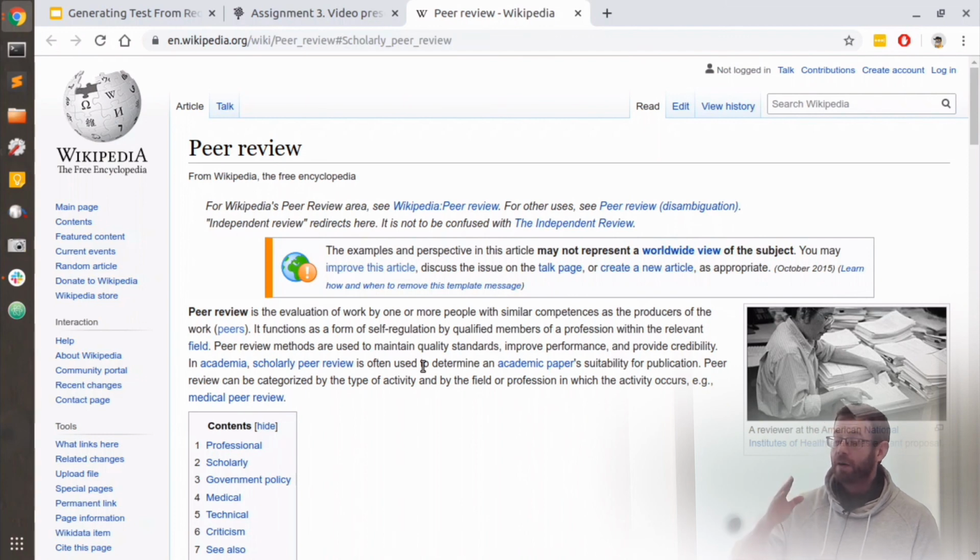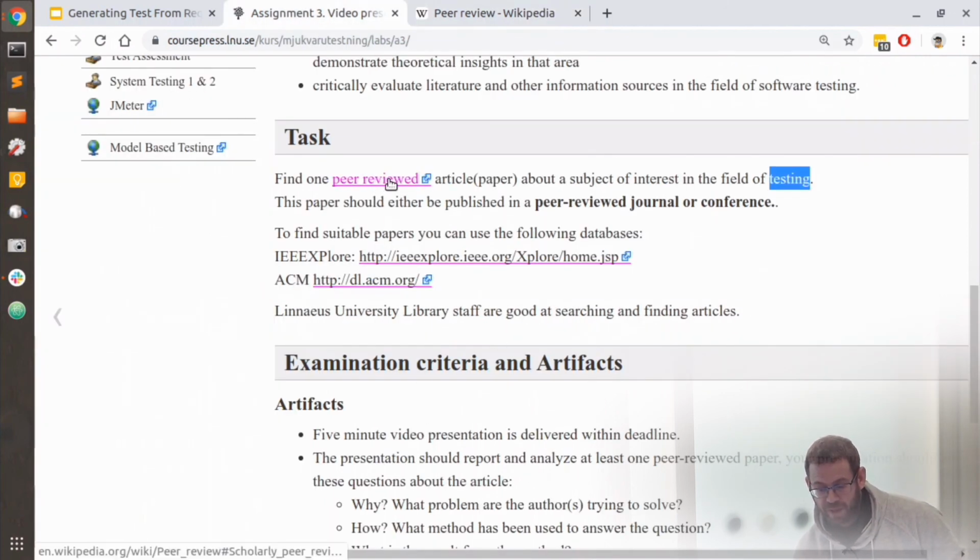And then there are some journals and some conferences that are much harder on this than others, to show that we're the good stuff. If you get your stuff published at our journal, then we really guarantee this is the best thing, right? So that is sort of why we want this. And I want you to select an article that has been peer-reviewed. The way to do that is to use some